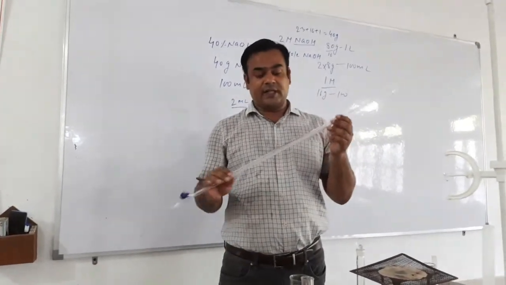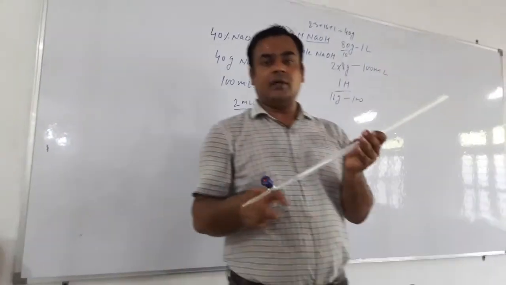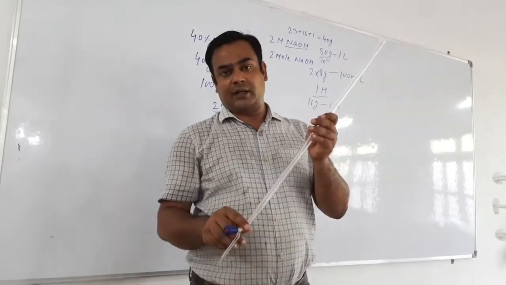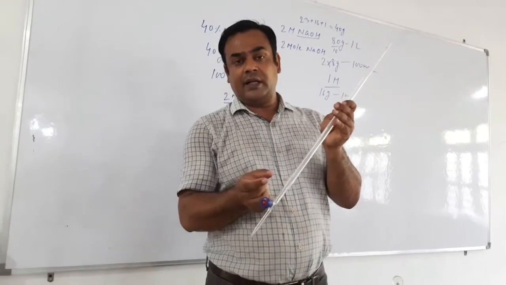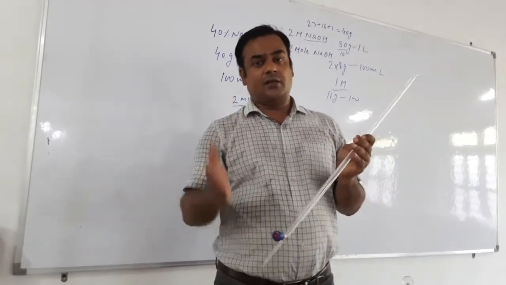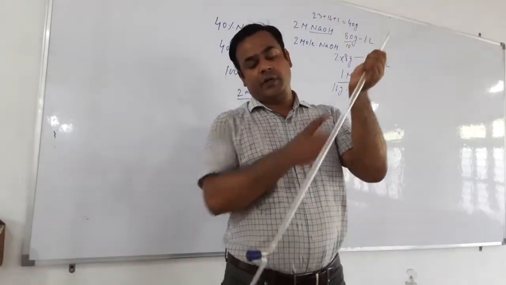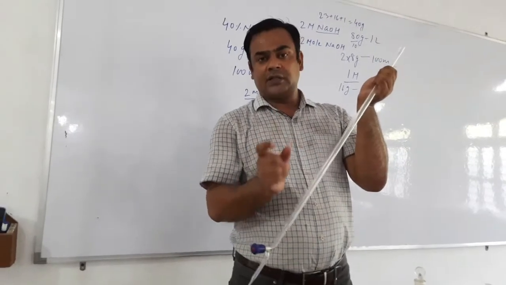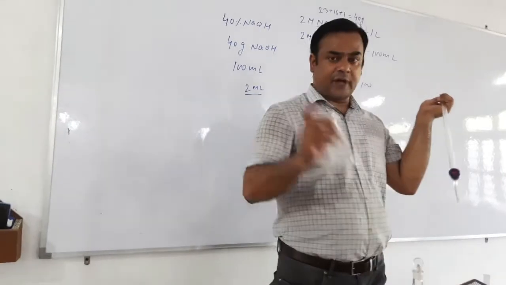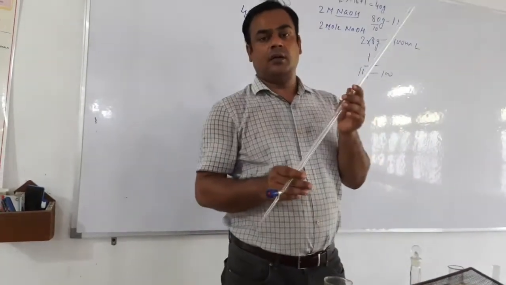Another important thing that you have to check is that there should not be any air bubble inside the burette. If there is an air bubble, that will cause error, because the bubble contains volume of air, not volume of solution, but that volume will be included in this. If we take 50 ml here, this 50 ml will be equal to the volume of solution plus the volume of the air bubble. And air does not go inside the titration flask. That's why we should avoid air bubbles inside the burette.